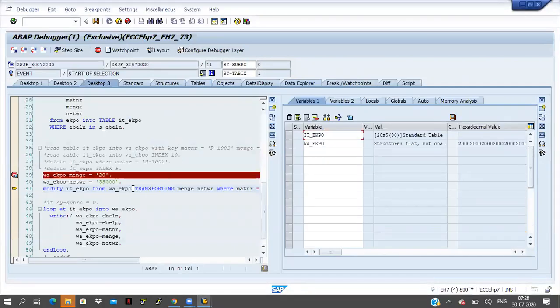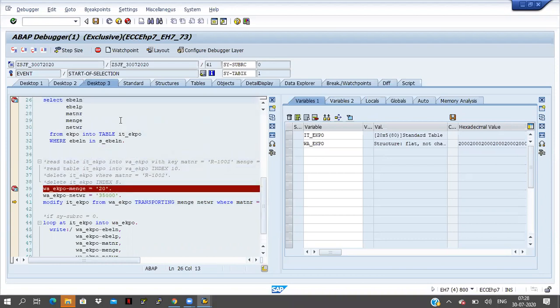Above this line, select option is there. Here you are filling the internal table. But we are using the work area to fill the internal table, sir. Then after filling the internal table, there will be no data in the work area now.